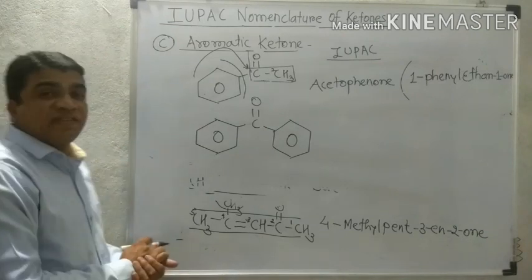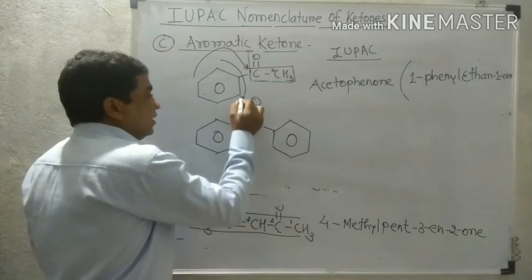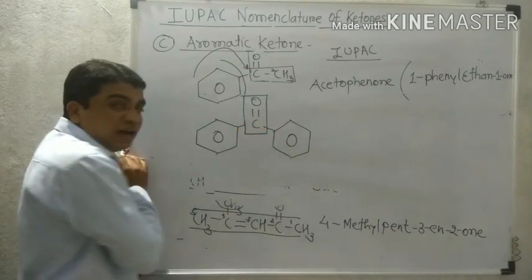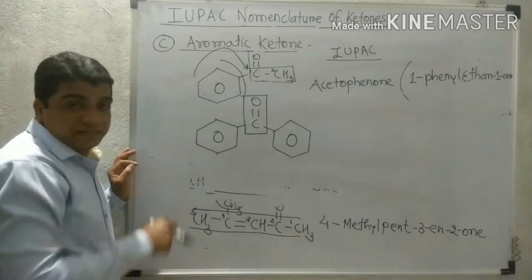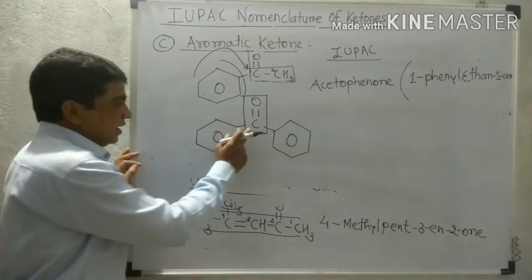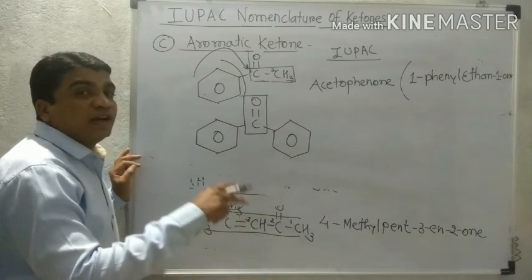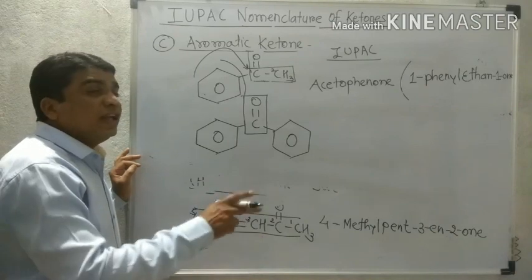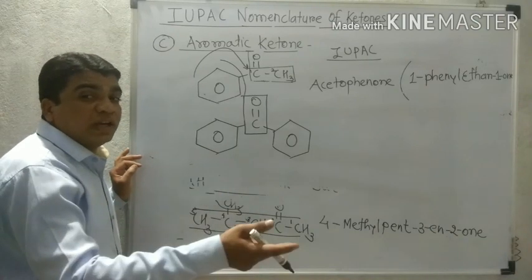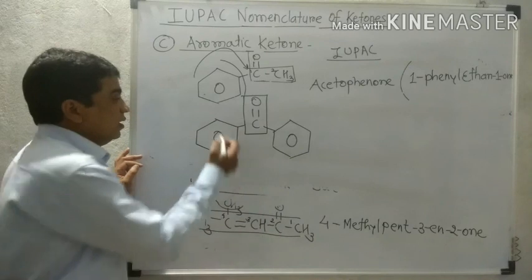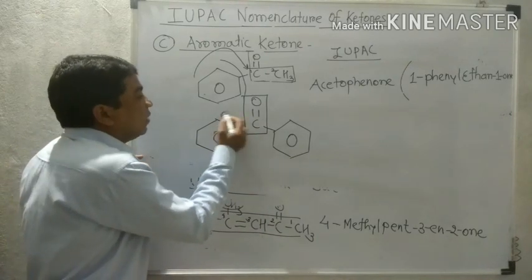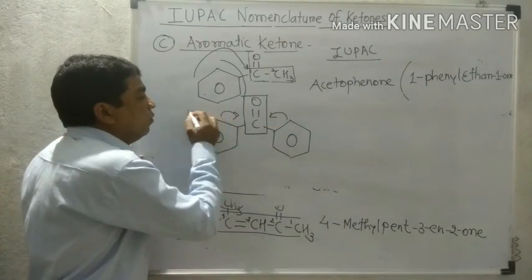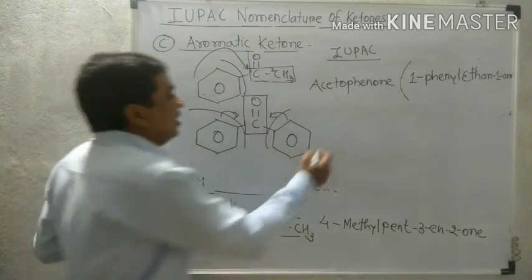But in the IUPAC system, this is 1 carbon, therefore the derivative of methane. The ending e of methane is replaced by one, therefore it is methanone. But the methanone's 1 carbon is attached with how many phenyl groups? 2 phenyl groups. Therefore it is called